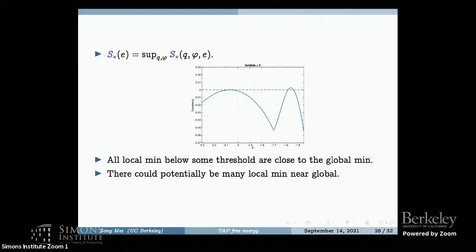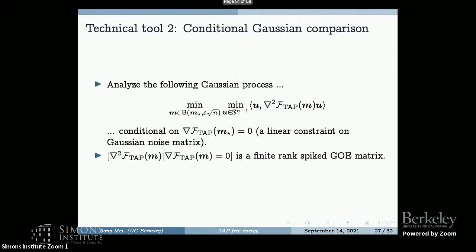And you can see that this doesn't exclude the possibility that there are many local minimizers near the global minimizer. So another technical tool we use is the conditional Gaussian comparison inequality to exclude those local minimizers near the global minimizer. So we need to analyze the Gaussian process. Gaussian is because the noise is Gaussian. Okay, so we need to analyze the least eigenvalue of the Hessian, when this M is in the neighborhood of M star